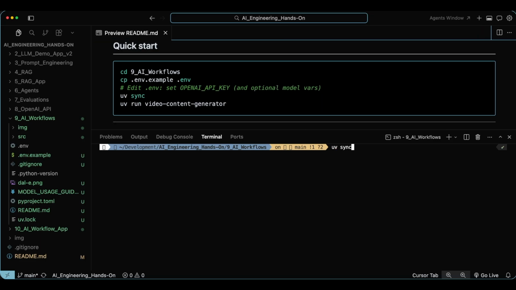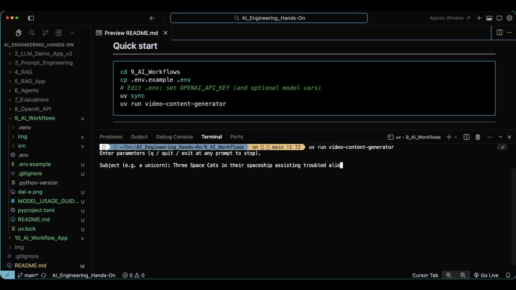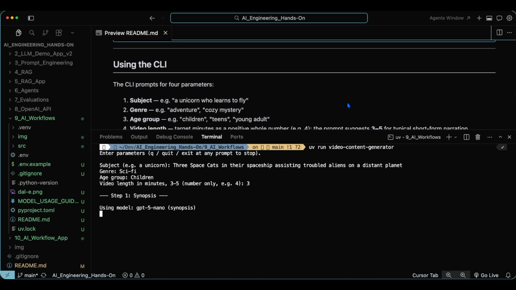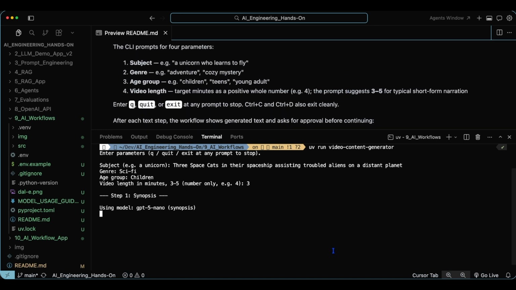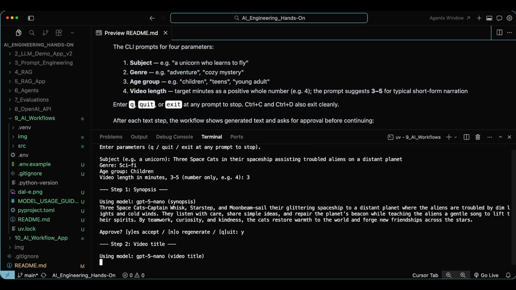Now I'll run uv sync since I'm using the uv package manager, then launch the app. And now we're prompted for a video subject, genre, age group, and video length, all of which are required, and the app will reprompt you if you leave any blank. Now, the app calls OpenAI's Responses Create API to generate a story synopsis using the base model, which is GPT-5 Nano. I can approve the synopsis or decline it to have the model regenerate one, but I'll go ahead and approve. Now the model is generating the title,